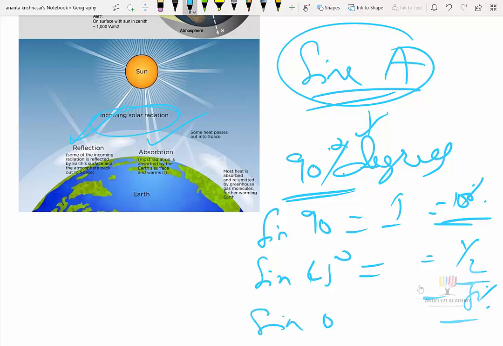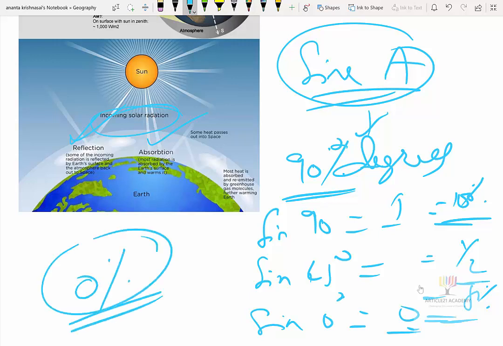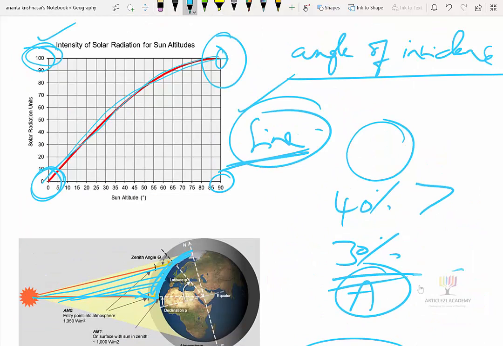And if it is 0, then sine 0 is 0, and hence there is 0 intensity, which can be seen in comparison with when the sun is just overhead. So sine altitude will give you the intensity of the incoming solar radiation, given the fact that A is the angle of incidence. So if you look at this particular graph again, you find that the locations at the equator